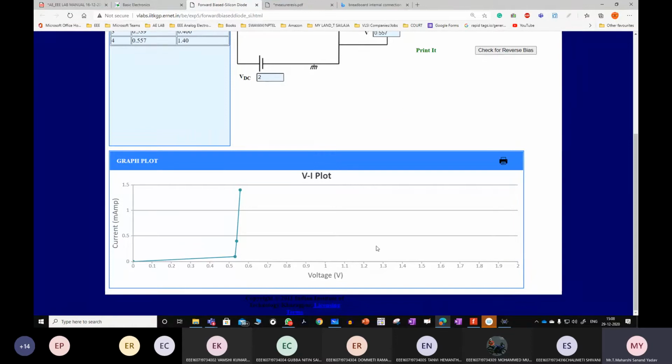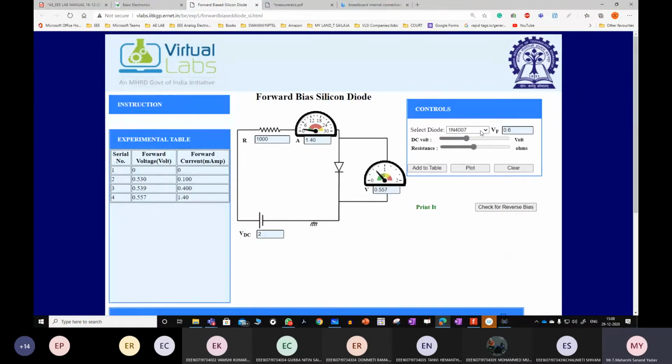Let us change the diode now. I'm changing the diode number here. The diode that I've selected is 1N4007. In this manner, you can try all the diodes. 1N4001, the forward voltage is again 0.6. See here, the forward voltage is reduced to 0.5. Depending upon the number of the diode, it will vary. If it is 4448, the forward voltage is 0.62. If it is 5408, its value is 0.6. But generally we go with 1N4007. In this manner, you try to calculate the forward bias characteristics of a silicon diode, and I'll share this link once you try to work on this.